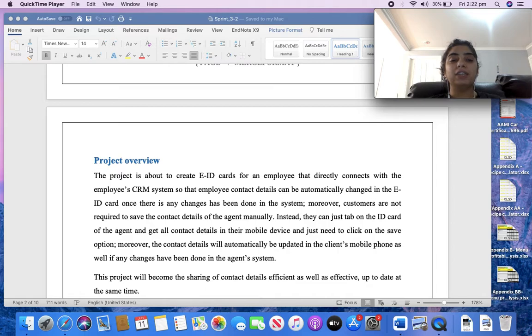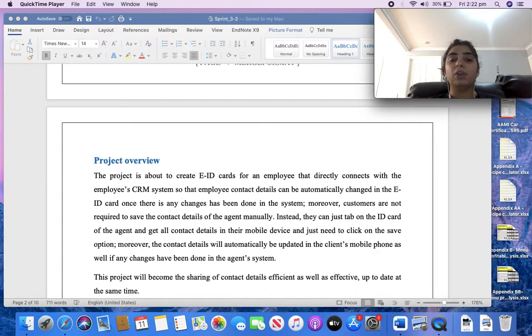And this is the last sprint, sprint 3, and after that we will come with the final PPT and the final write-up report, which is going to be submitted on 17th of June, and we will already submit it to the client before 17th of June. So what's the project?